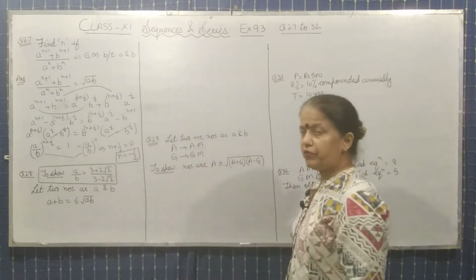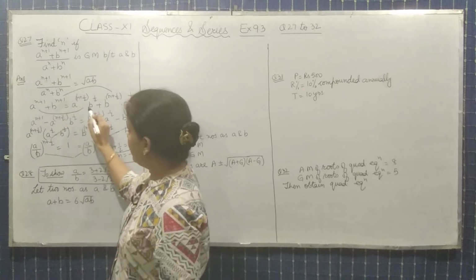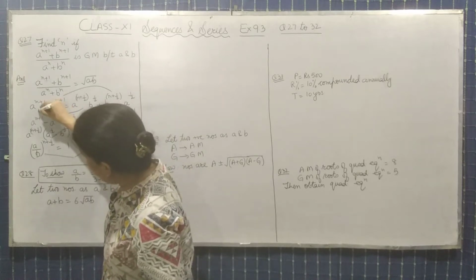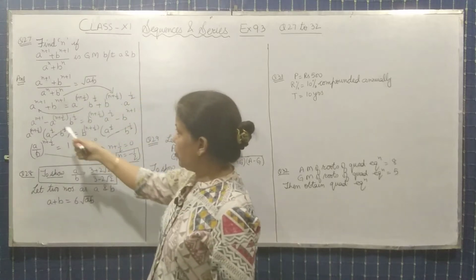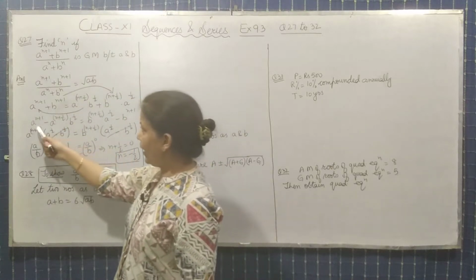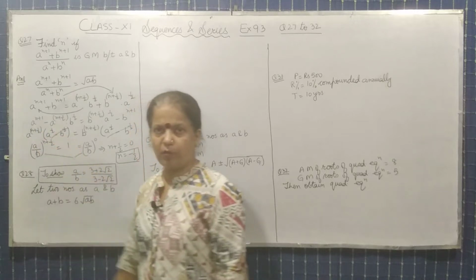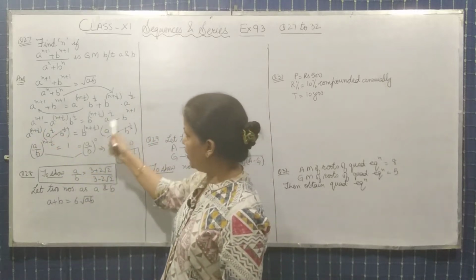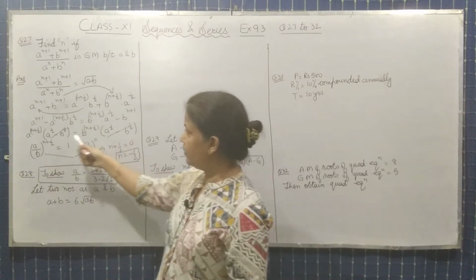Okay, so after this step, you will shift the term like this. This term we will shift here, and this term you will shift it over here. So after shifting it, take common. N a power n plus half, you will take it common. Same way from here, you will take b power n plus half common. So you will get these two terms.